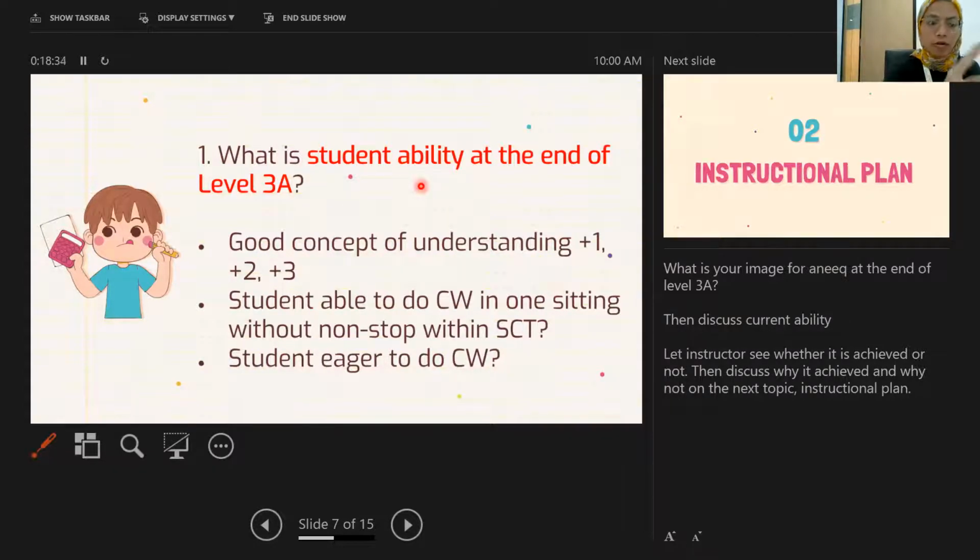Because in 4A, you are very clear. You want to train speed. At the end of 4A, he must develop certain speed, okay, stamina. But how about in level 3A? At the end of level 3A, what do you want to achieve? Yeah, 3A definitely. Our aim for the 3A will be the +2, +3. That means they could answer the developmental calculation for the 2 and 3.